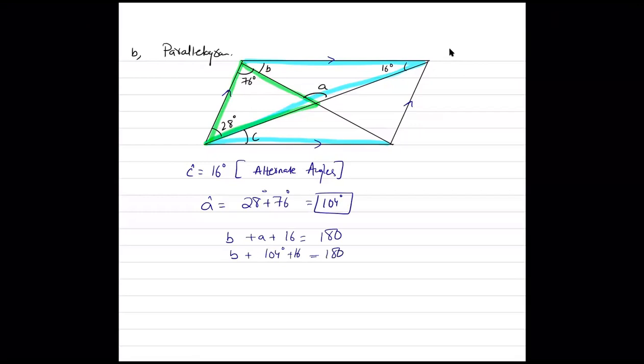So you can work this out to find angle B. क्या वैल्यू आ रही है? 88 होगा सर शायद. नहीं, 180 minus 104 minus 16, 60 होगा. Sorry, 60. ठीक है, ओके।